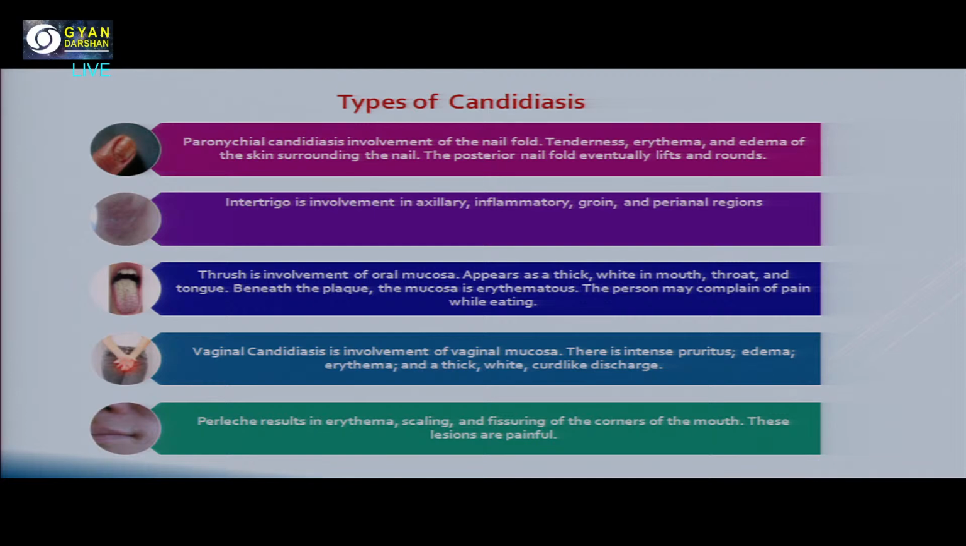Thrush is known as oral candidiasis. As you can see, it is the infection in the mouth. It appears as thick, white-colored plaque. It is very thick and whitish in nature. It is usually present in patients who may have been on a ventilator or who have oral secretions coming out, so it is present in that case. Beneath this plaque, the mucosa is usually erythematous and the patient may complain of a lot of pain when he eats